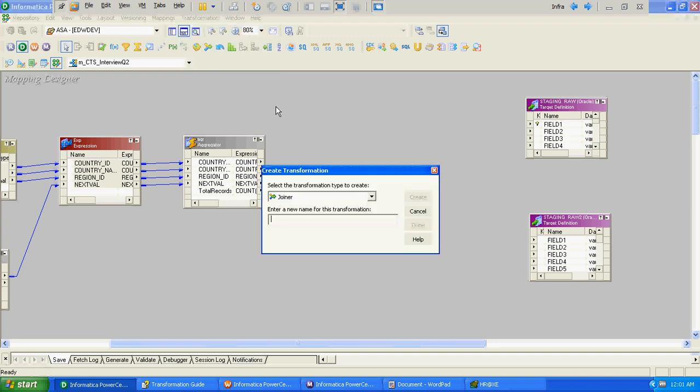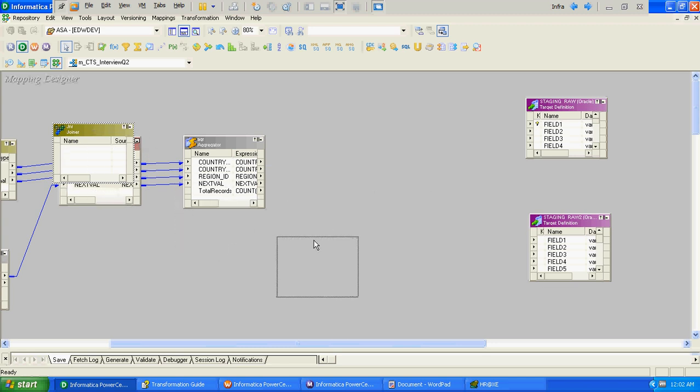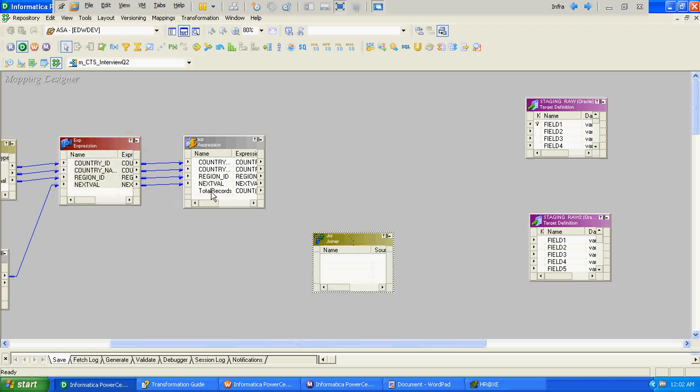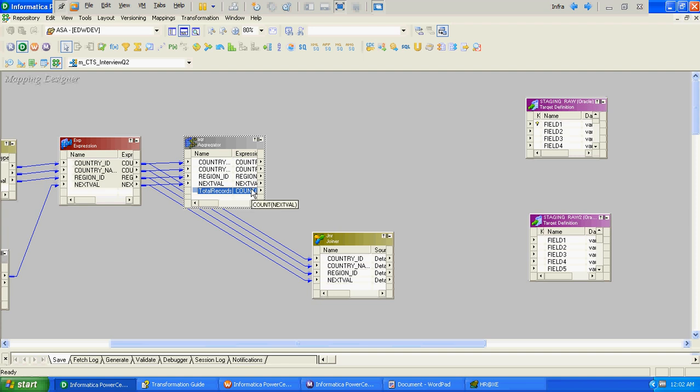For that we will require a joiner transformation. We required the total record count and the original records also. So what we'll do, we'll pull these ports from the expression, and we require the total record count from the aggregator. So in order to join these two things, one set of ports from the expression and one particular port from the aggregator,